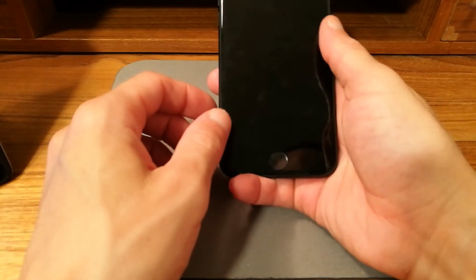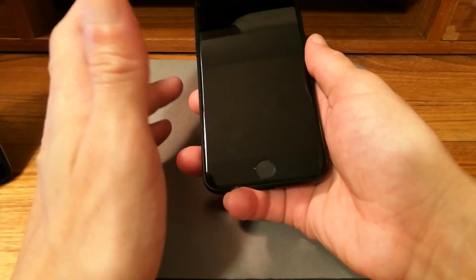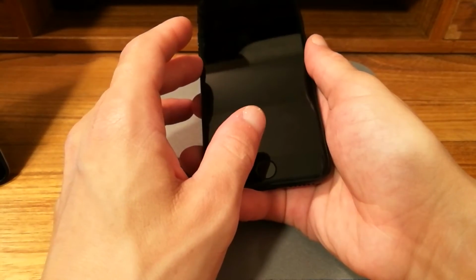It is a little on the small side. It's 4.7 inches. I've got the Plus on pre-order. Another thing that I don't really care too much about, just really quickly as a side note, is before we get into some of the specs of the phone,